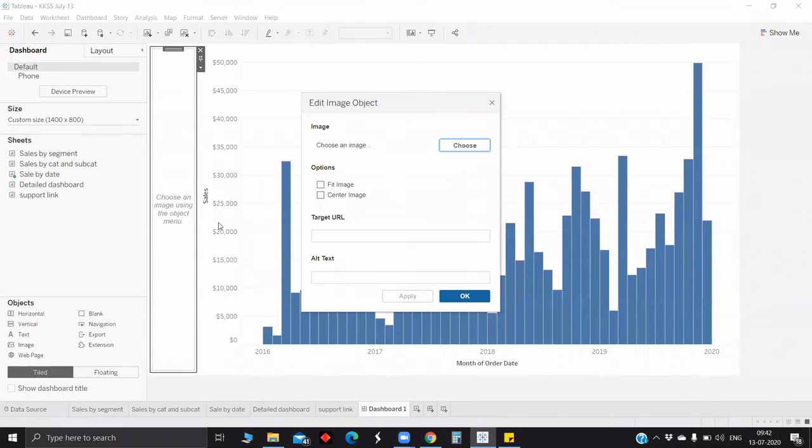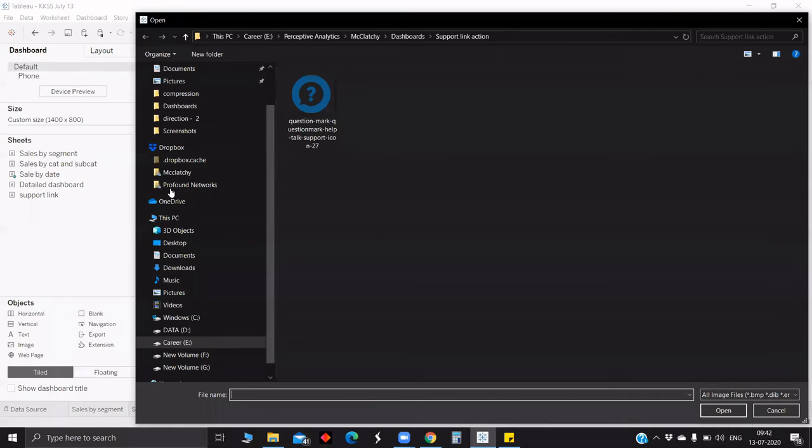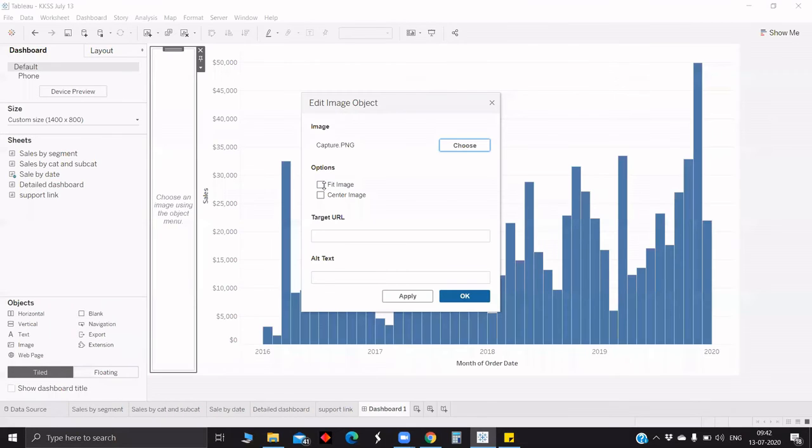So what this image does is, if you want to put any image, mostly we will use this image option to put our client logo or company logo. Mostly I have come across using the image option for that. Also we have one more feature. For example, now we can choose any image, maybe a tab. There is an option like fit and center image. In this case, automatically by default it will get fit and center.